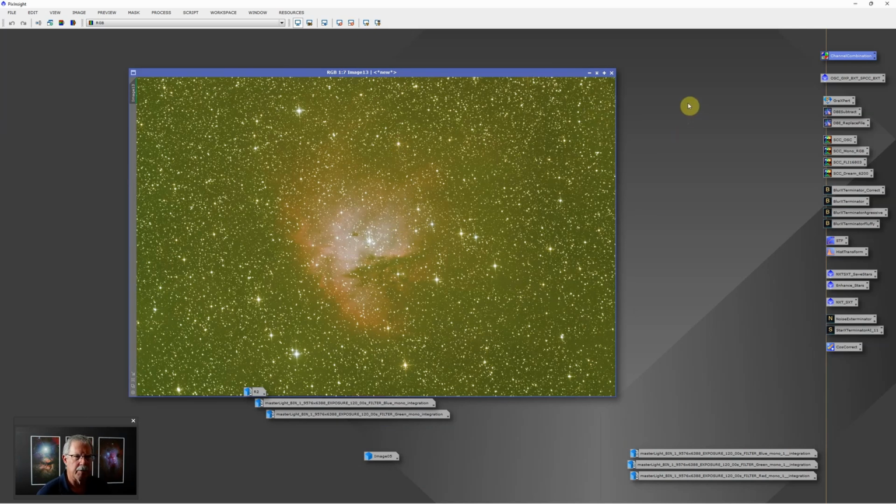I have been experimenting lately with GraXpert, and I will work from saved process icons over here on the right. I have another video that shows how to create these, but these are a quick way to speed up your process. So you can just grab the saved process icon and drag it onto the image to